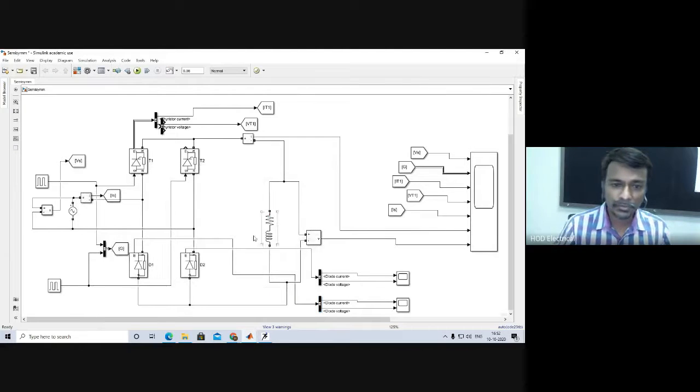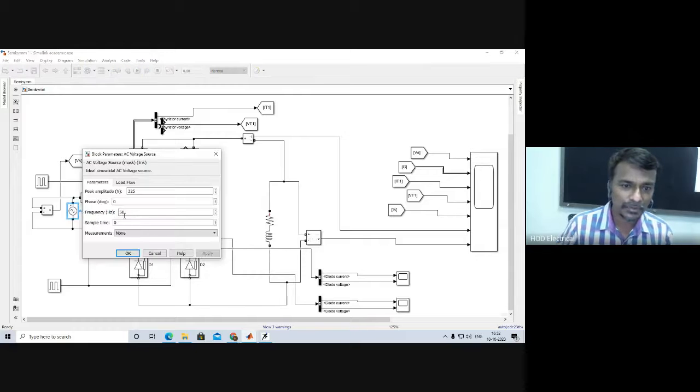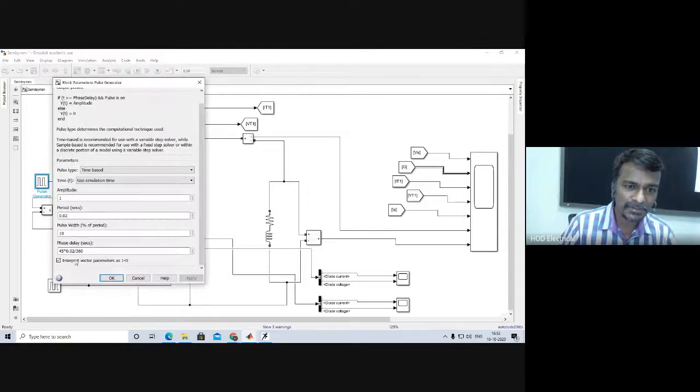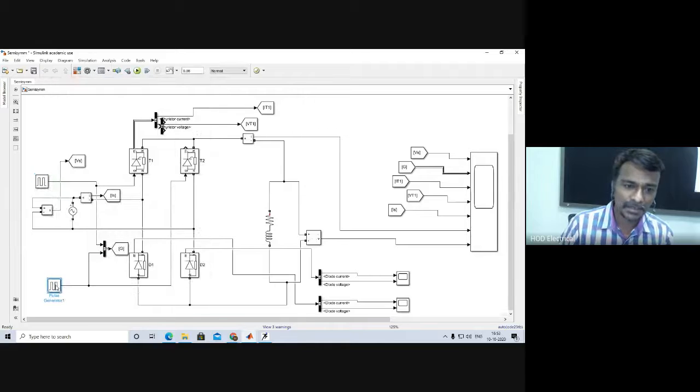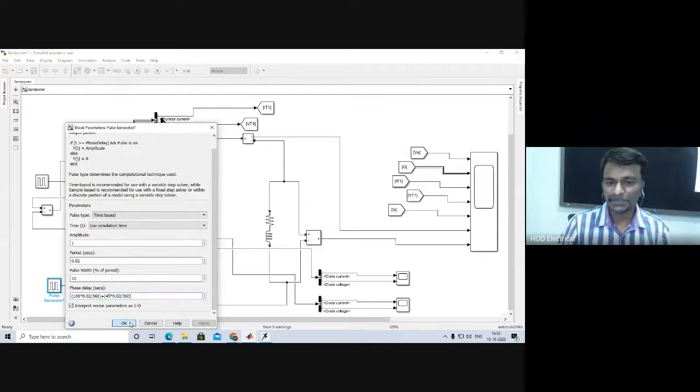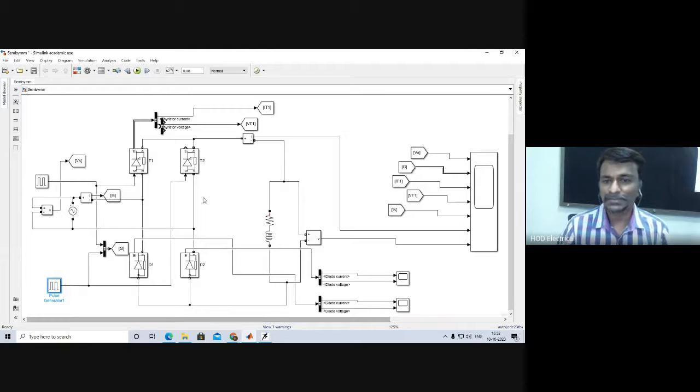Now, as you know, I have already given the input voltage at 50 hertz, 325 volt peak, which means 230 volt RMS. The firing pulse for this thyristor is given at a 45 degree angle. I already explained this well in the previous half wave converter explanation. The period is 0.02, the reason being 1/50, then 45 times 0.02 divided by 360. That is the calculation for the 45 degree firing angle. For the other thyristor it is the same, 45 degree firing angle plus 180, that is pi plus alpha. I have calculated like that and substituted it.